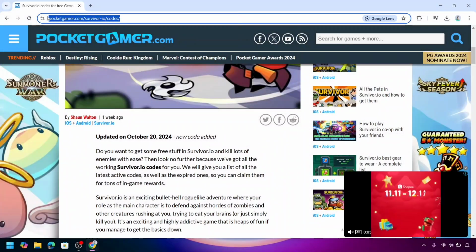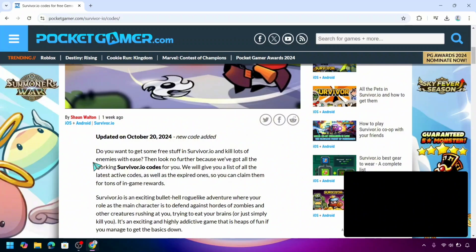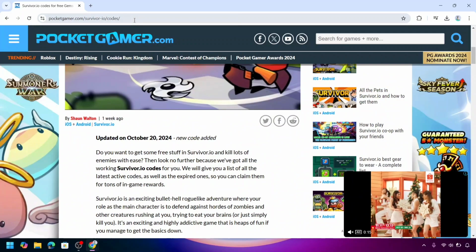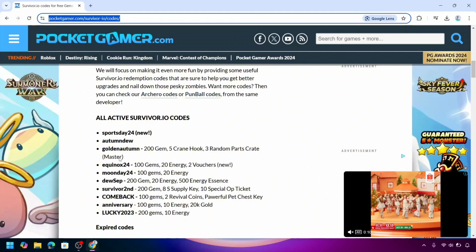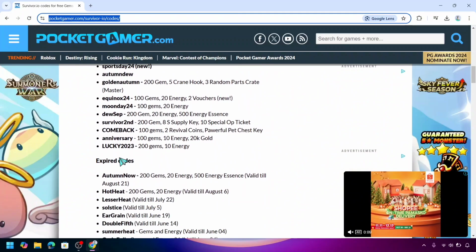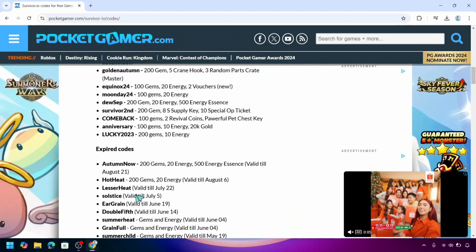In this video, I'm gonna show you how to get redeem codes in Survivor.io. As you can see here, this is the site where you can browse and find these redeem codes or the reward codes. You can try them out if they are working using this link,